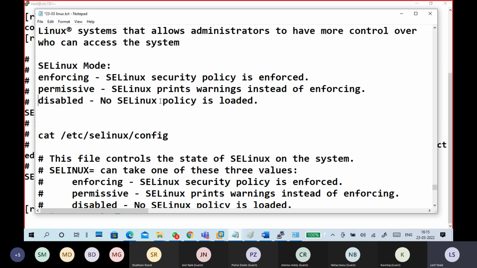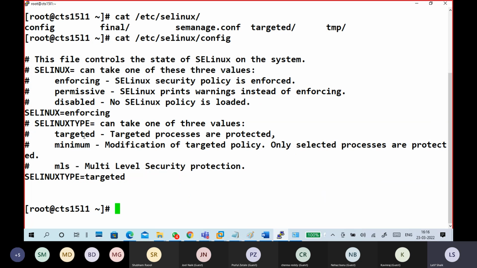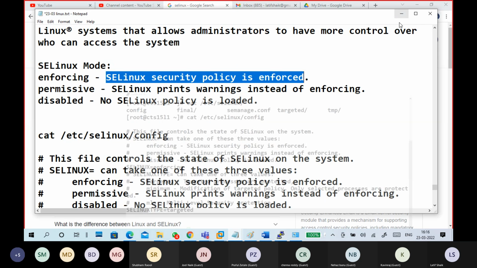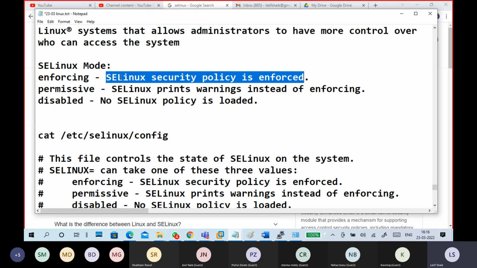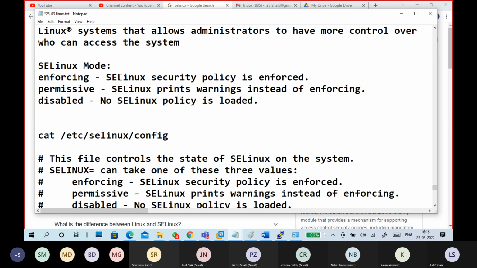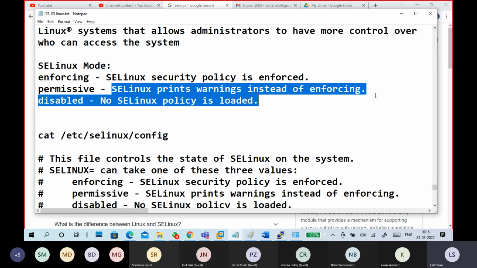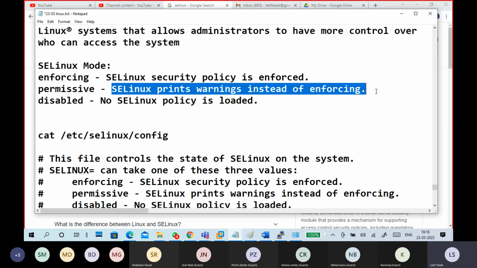Three modes are there. SELinux enforcing mode means compulsorily the content must match, then only you are able to access. Okay, if you're accessing an HTTP file, the content must be there and must match the service. Permissive mode: content is there, but even if it does not match, no problem, you are able to access.